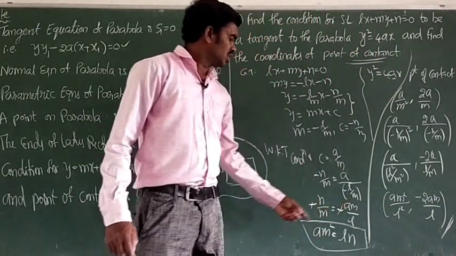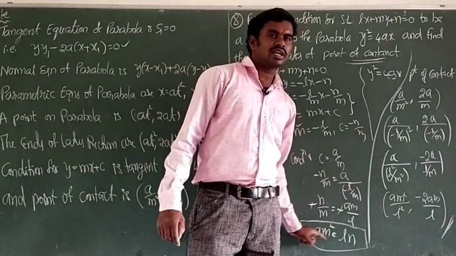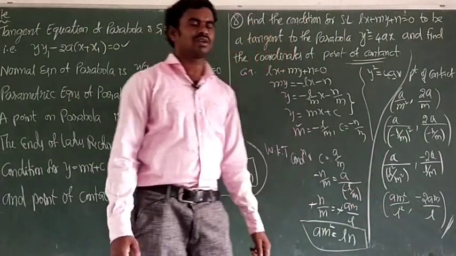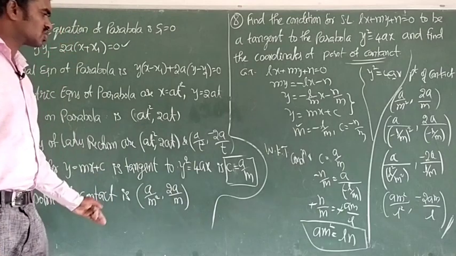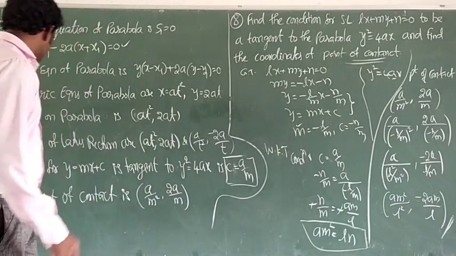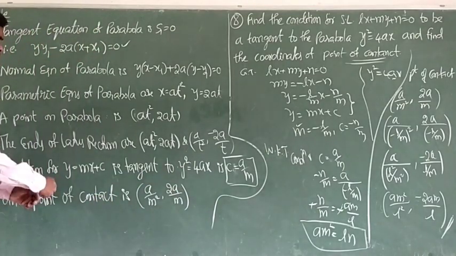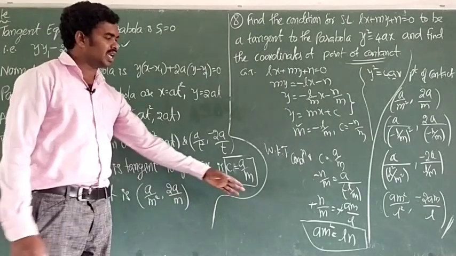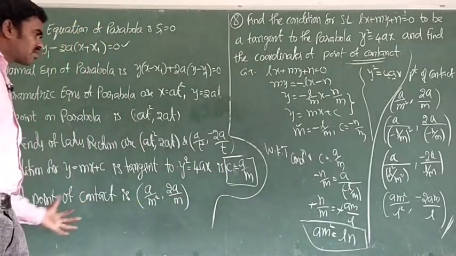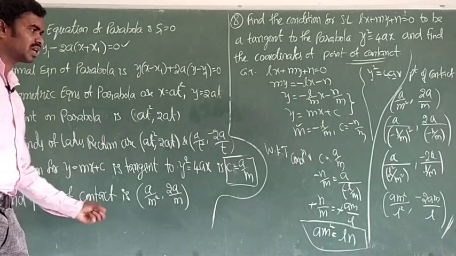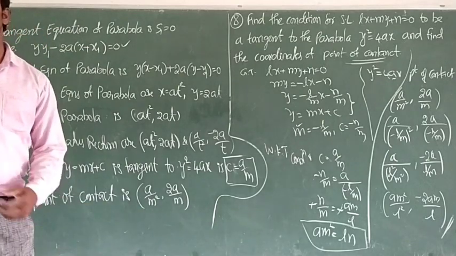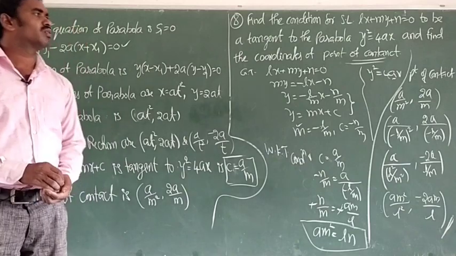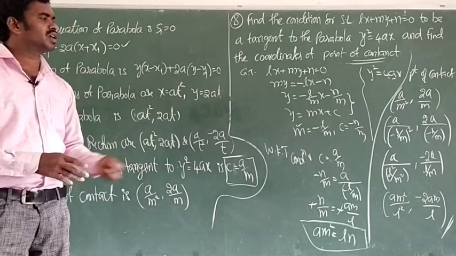Of course, this you can also remember as a formula. In formulas, one more formula you can write. The condition of the line lx plus my plus n equal 0 to be tangent to y square equal 4ax is am square equal to ln, and the point of contact is am square by L square, minus 2am by L. In that way you can write another formula, but there is no need. If you remember, that is enough.